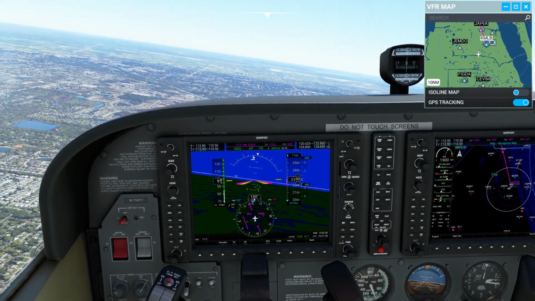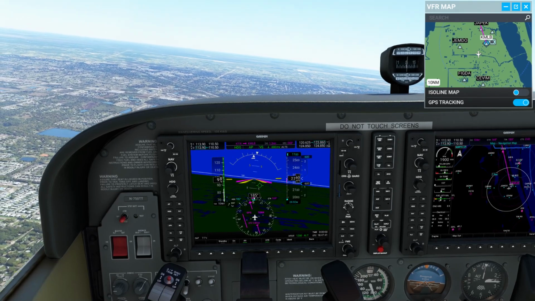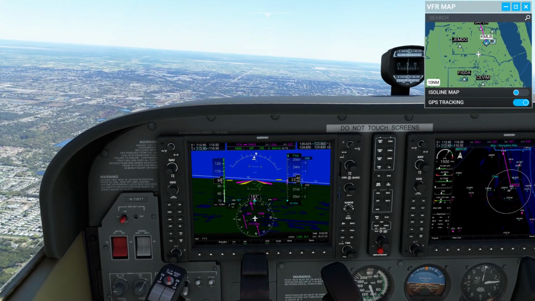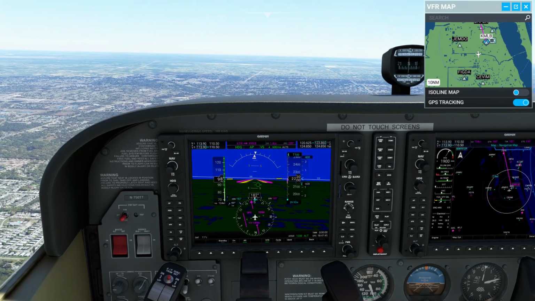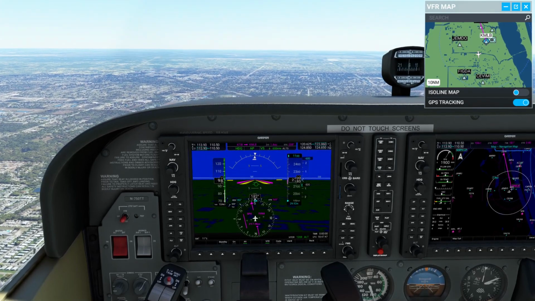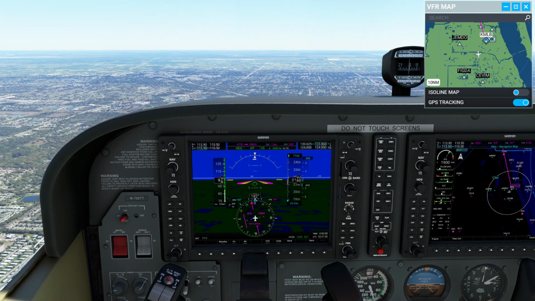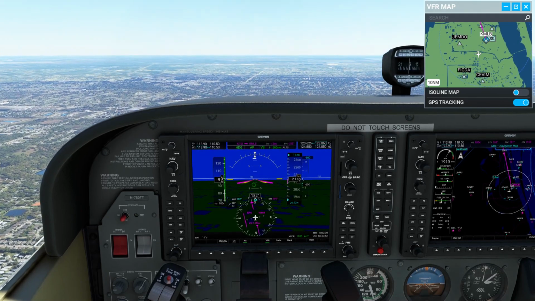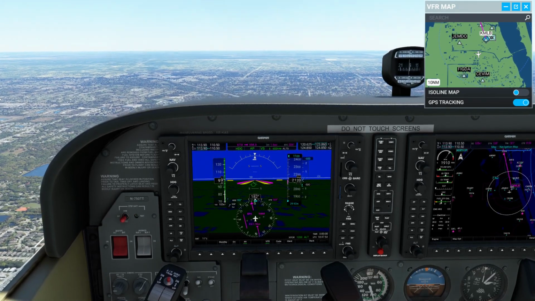So MOB is back to the left. To enter a traffic pattern, most of them are left-hand traffic patterns. Some of them can be right-hand. You figure that out by looking at what's called the plate for the airport. MOB is left-handed, so I'm going to have to enter it